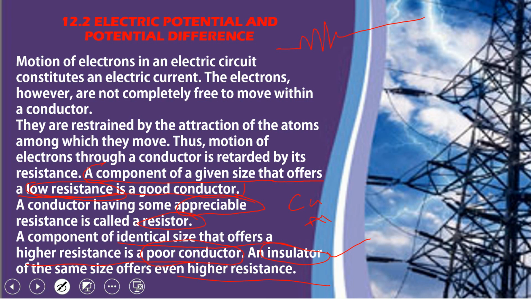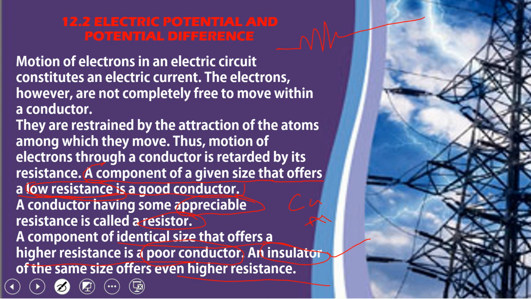So, all of you understand about it? Now, Ohm's law. What is Ohm's law? Ohm's law states that the potential difference applied across the two ends of a conductor is directly proportional to the current passing through it. One thing you must remember is that the temperature of the conductor remains the same.